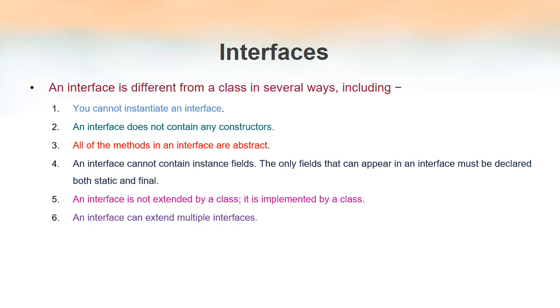And finally, an interface can extend multiple interfaces. So if I have an interface, say A, this interface can extend other interfaces also. There is no restriction on the number of interfaces one interface can extend. So multiple inheritance is allowed in interfaces because they are not classes. Java does not support multiple inheritance in terms of classes. One class in Java cannot have multiple parents at a time. But one interface can make use of multiple interfaces at a time.